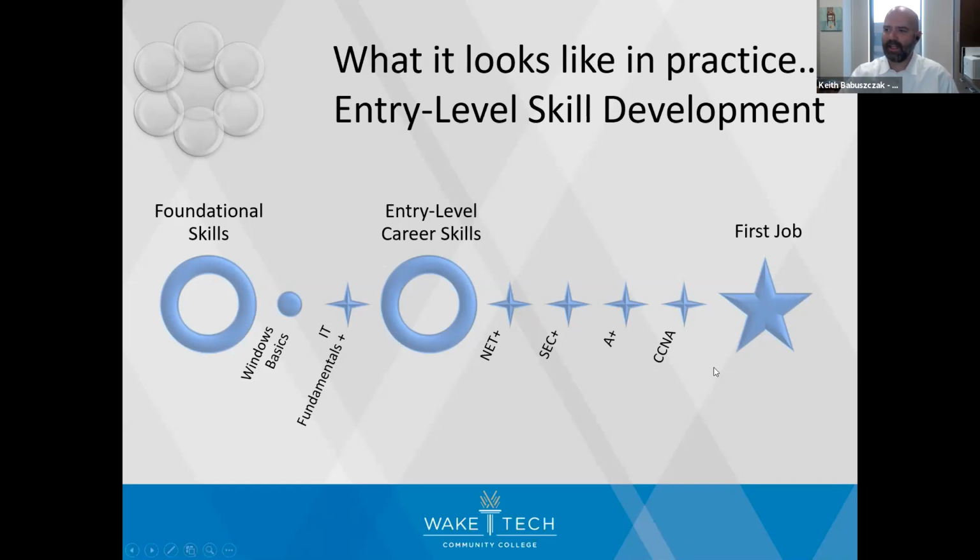If you have your CCNA networking and security skills and know the basics of hardware, you're prepared and you're ready to enter into a tech support role. And that's a lot of times where we see people start off. So this would be in our non-degree side. You can come along and take these trainings and be ready for your first job.